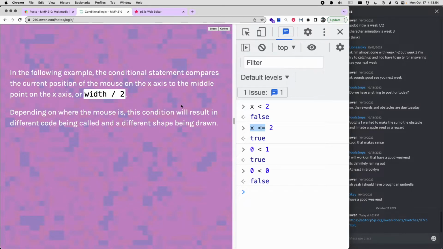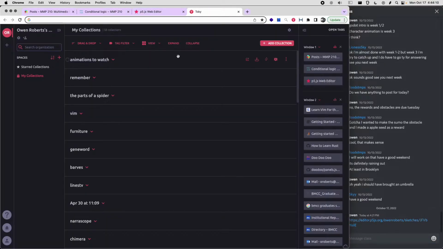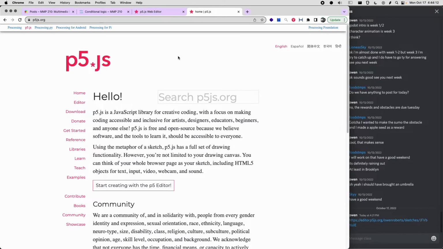So yeah, we're going to use some examples of that. I'm going to do an example that Ben was asking about: how do we know what key is pressed? I'll just show that real quick, and then it relates to some other things that we're going to do. So if I go to the P5 reference,